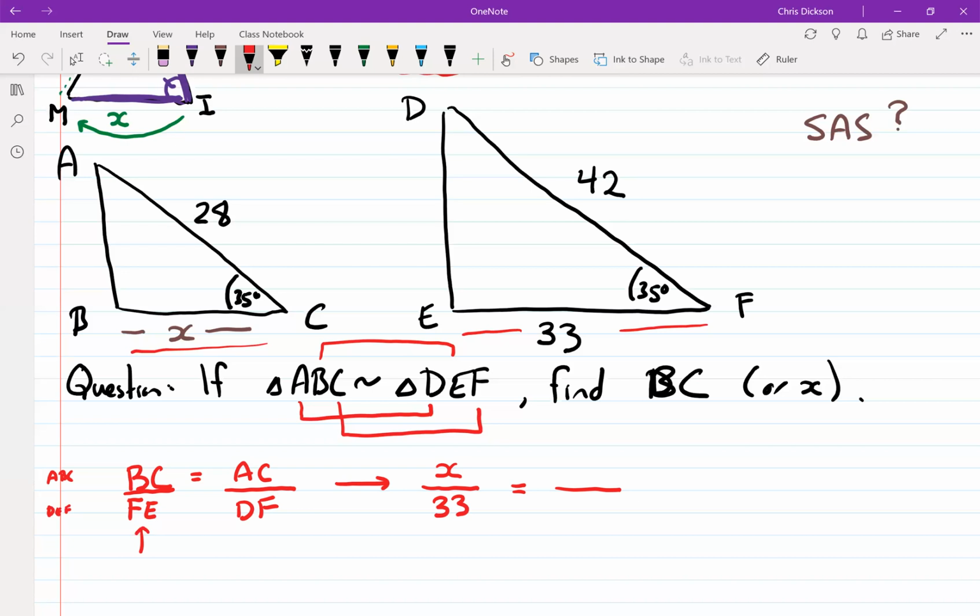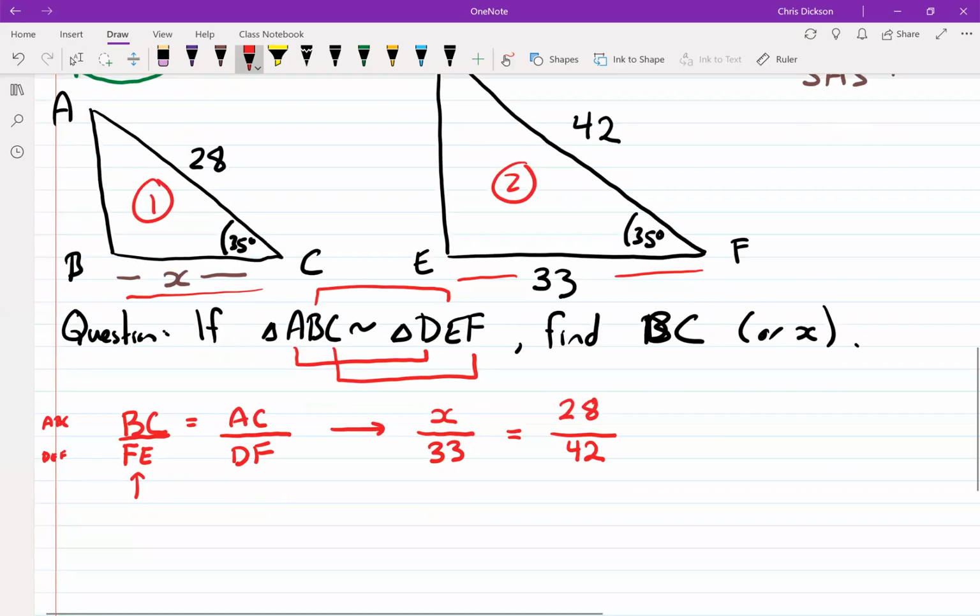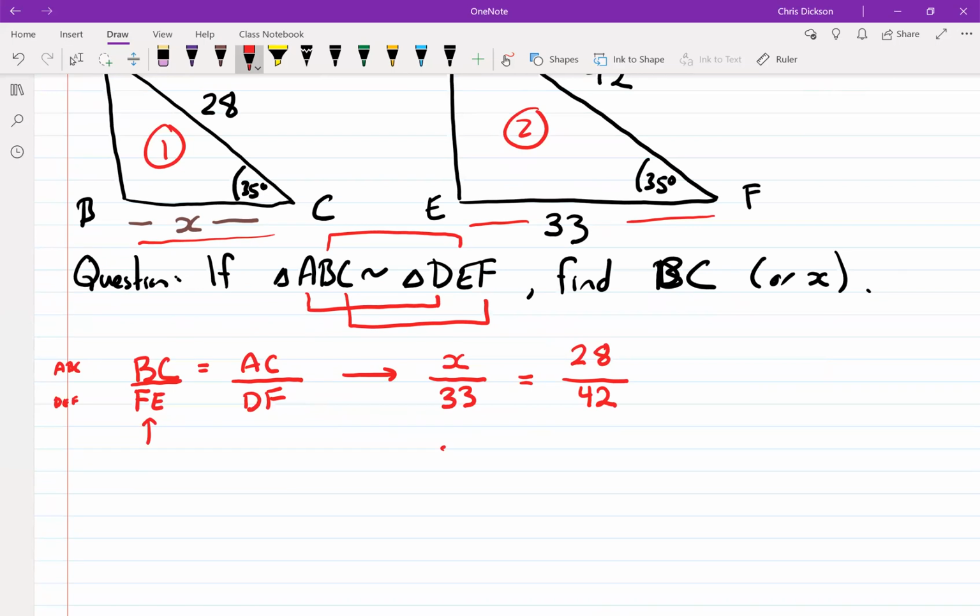So I have the triangle, let's call this triangle number 1, and this triangle number 2. Notice that I have x, which is from triangle 1, and 33 is from triangle number 2. Now I have to keep the same order, so 28 corresponds to 42. That ratio is what I want to use here. So x would have to equal 33 times 28